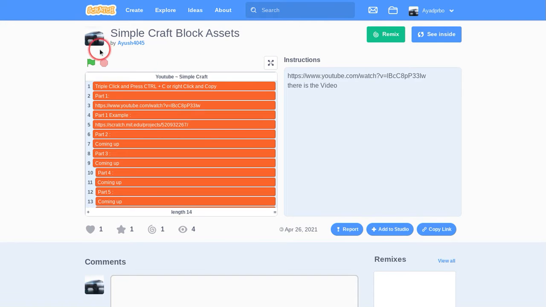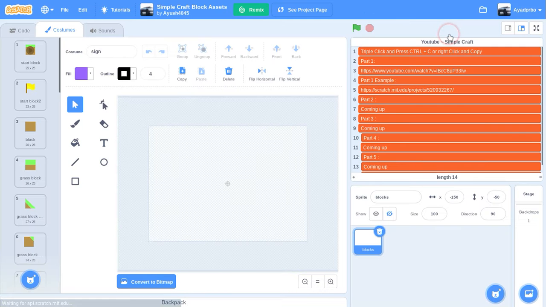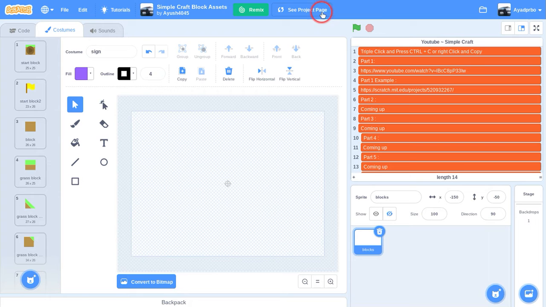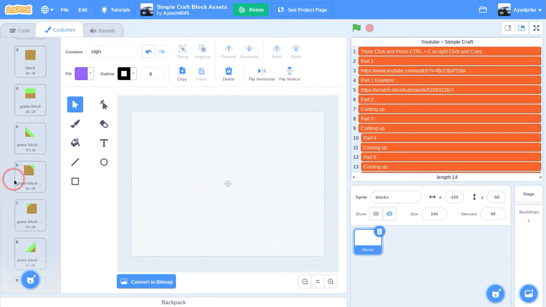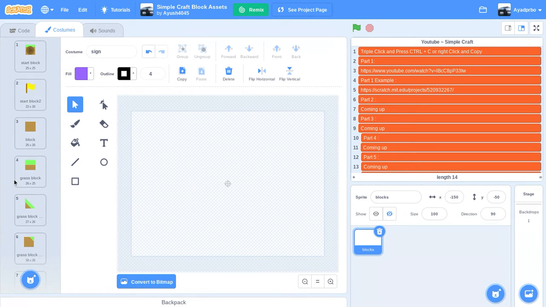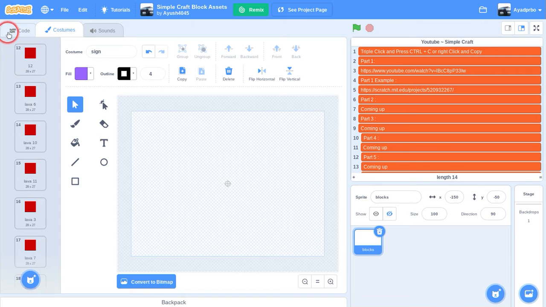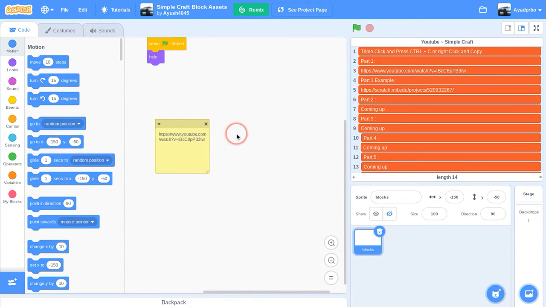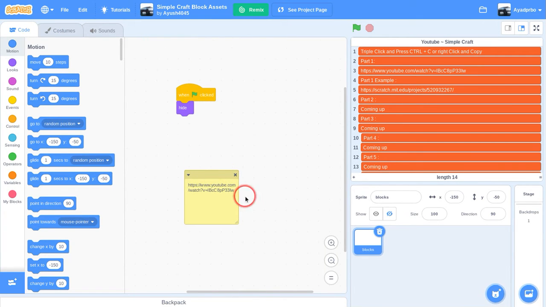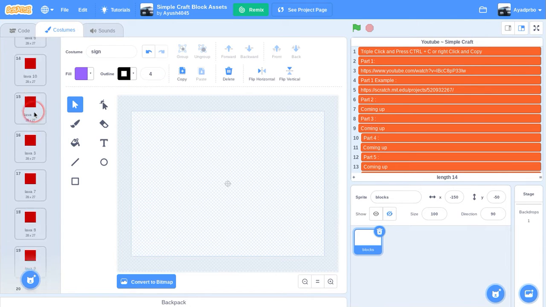So, if we go to the Simplecraft block assets in Ayush 4045 account, in the latest project, it's this. So we will need to click see inside, and then we will see all these block costumes. But before that, we will see this inside this block sprite, and then we click costumes, and then we see